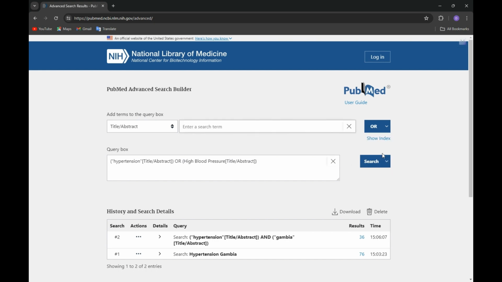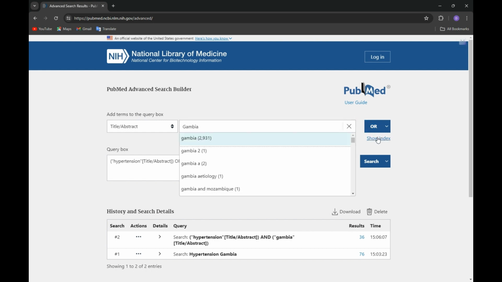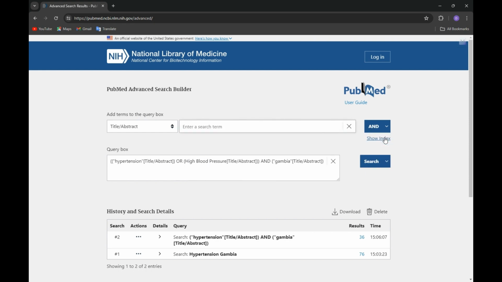So here we would put OR, and we want to search for this within the Gambia. Another keyword would be Gambia. The MeSH term would be Gambia, and the Boolean operator we would use would be AND, because we want to make sure that Gambia features with either hypertension or high blood pressure. So that would be AND here. Given that we put in a synonym, we would have to remove the parentheses between the OR. And there we have it. We would carry out our search,